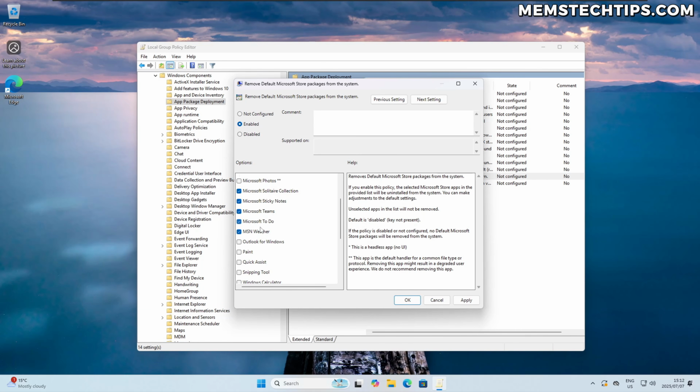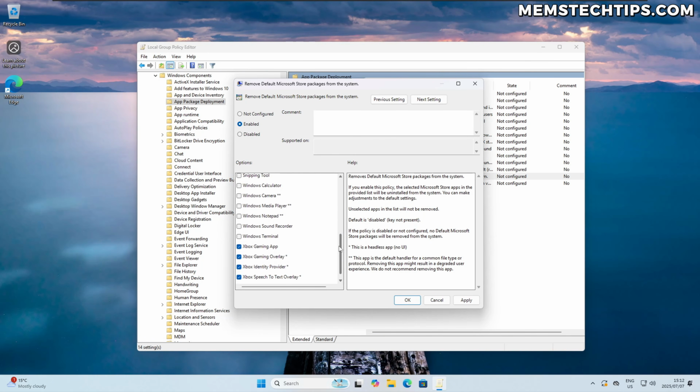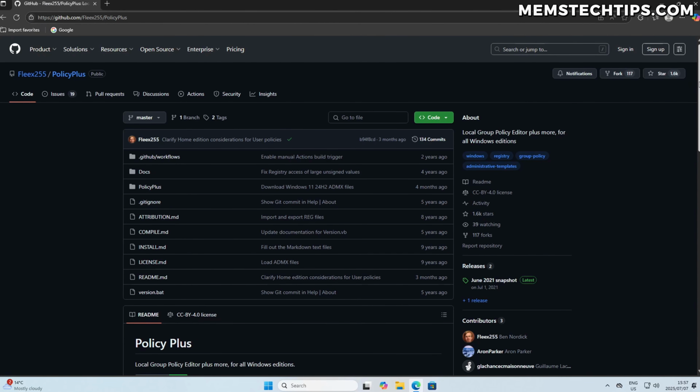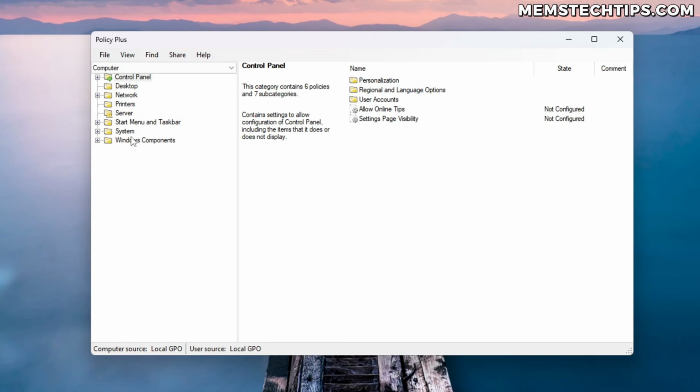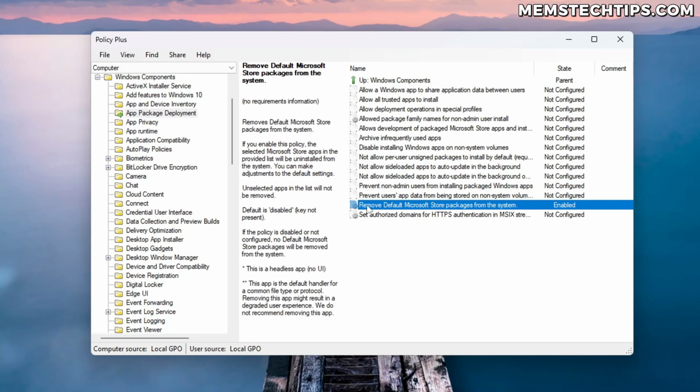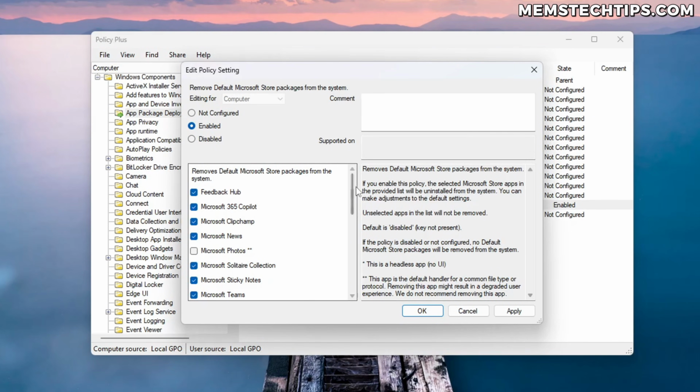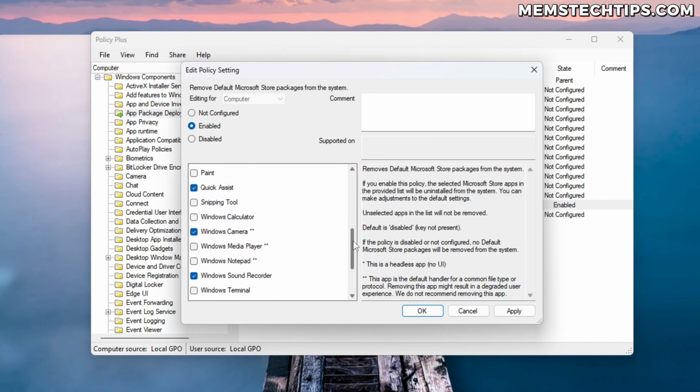This only works if you have Windows 11 Pro, Education, or Enterprise. If you're running Windows 11 Home, you don't have access to the group policy editor at all. So this official bloatware removal method is only available to users who have the more expensive versions of Windows. Now I know you get apps like PolicyPlus, which are designed for Windows Home users. So maybe in the future, it'll be added to PolicyPlus, and then you can use that on Windows 11 Home